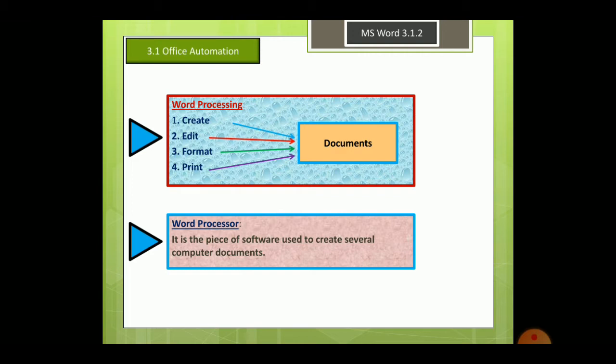So next up on page 68 are the steps for opening the MS Word program. Follow the instructions, and remember, these types of topics are not to be taken so easily and lightly, because some students neglect these topics, considering them to be very easy, and they don't memorize them much, and when they come across them in a test or exam, they just put simple sentences like we click here and then we start and so on and so forth,